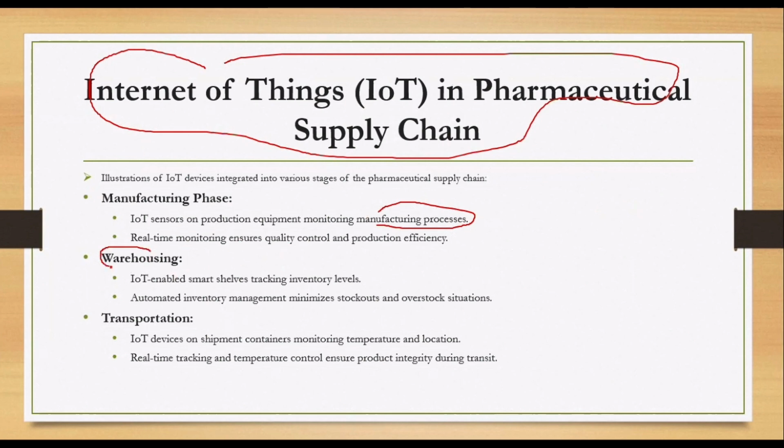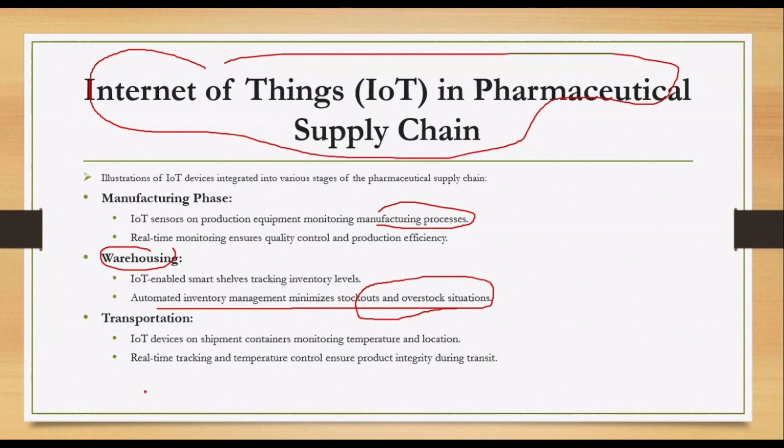that is very important. And warehousing is how IoT enables smart shelves, smart tracking of inventory levels. Automatically, the shelves show how much inventory is issued and how much is remaining, which you can easily track through IoT devices, leading to automated inventory management. They minimize the stock out and overstock situations. Understock and overstock, these situations are in inventory management. So with real-time monitoring and real-time information available, you can easily find out. You can take a decision immediately for auto management.